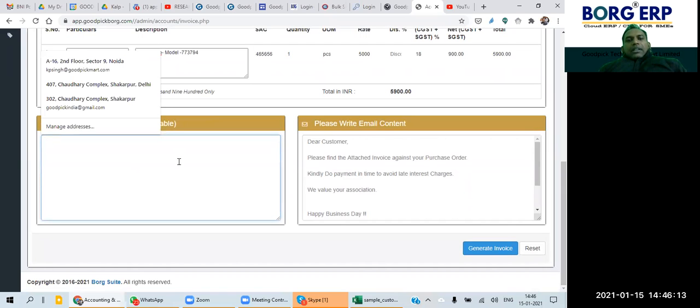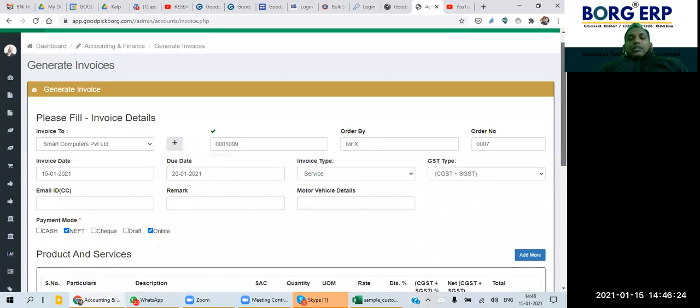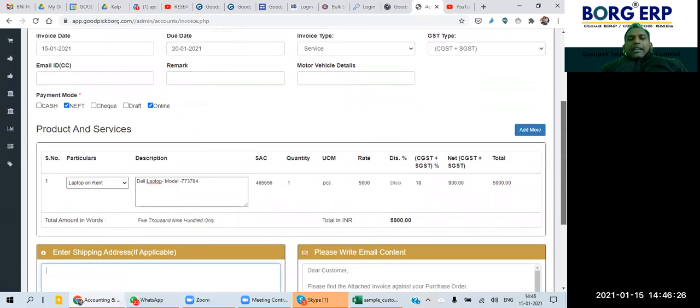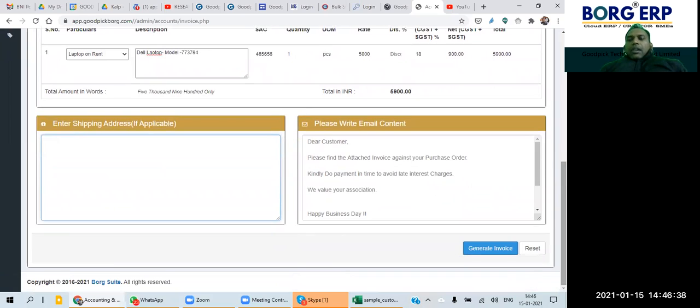If in a customer master, a shipping address is there for that particular customer, for example, we have selected Smart Computer, there is already a box to enter the shipping address. If it is there, then automatically it will come here. If it's not there, you can add it. If any changes are there, you can change here before clicking on generate invoice.